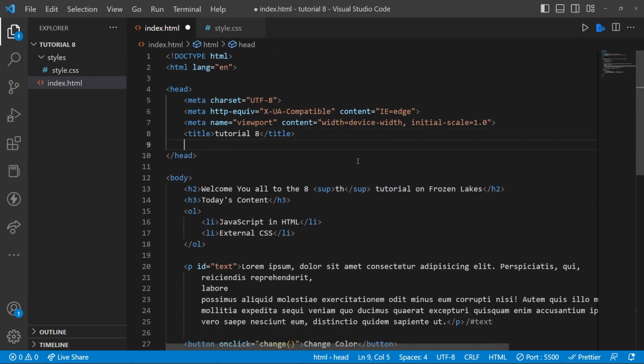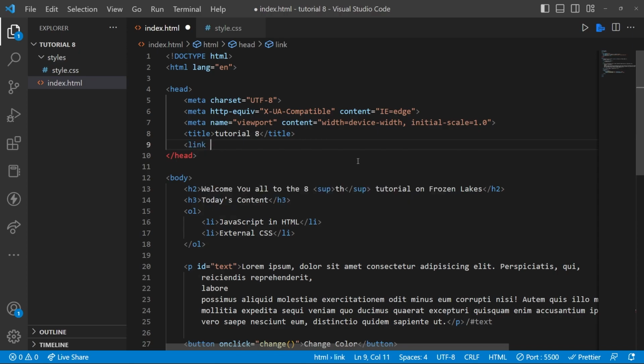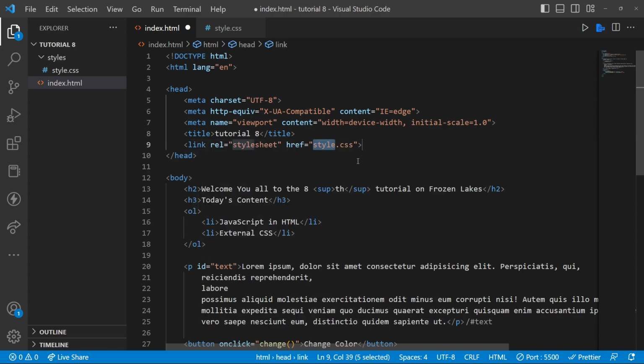So to link the external CSS, we must use the link rel, and so on. We have to use stylesheet and so on, right? I guess most beginners will get confused with this. Instead, use link:css in VS Code and just click Enter to get the actual syntax for linking